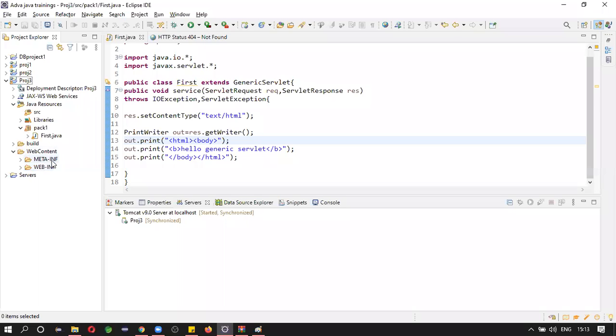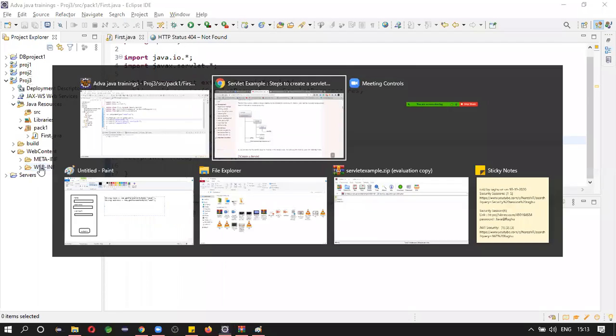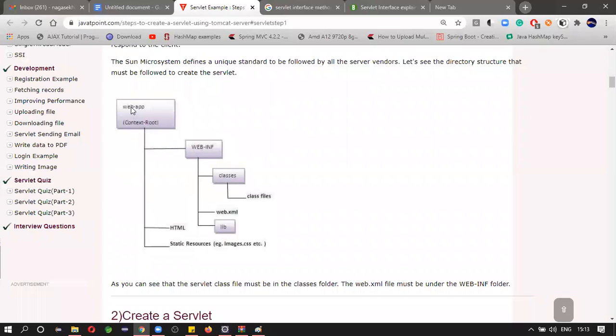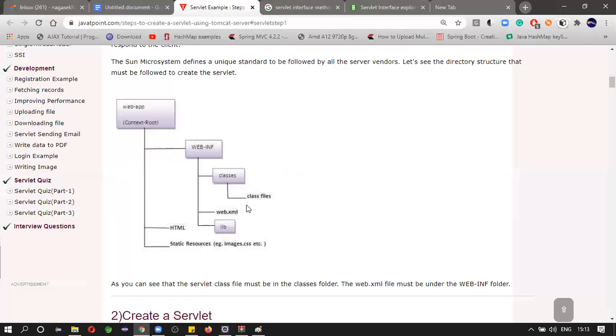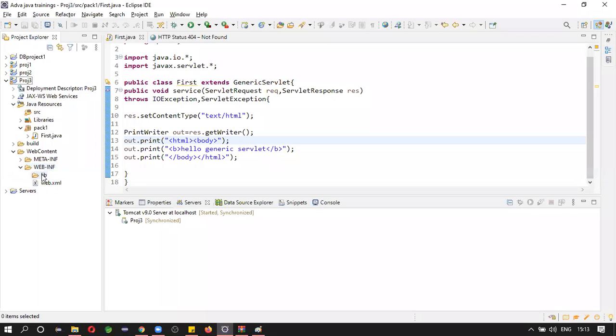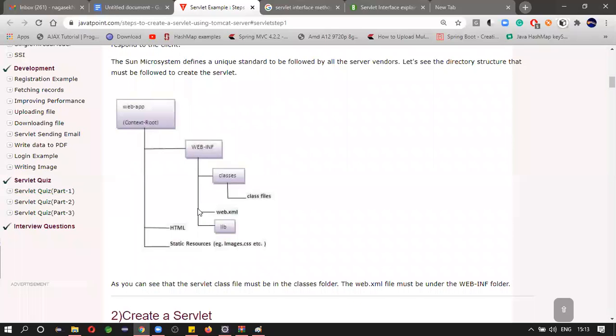You will see META-INF and WEB-INF. Web app, web content, WEB-INF. Here you will see the library folder and web.xml. You will see what this web.xml is.